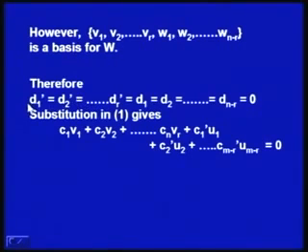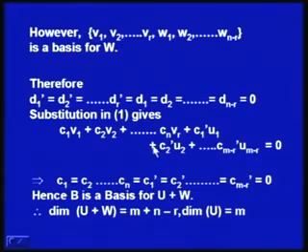However, v1, v2, vr, w1, w2, wn minus r is the basis for W, and therefore d1 dash, d2 dash, dr dash, d1, d2, dn minus r all have to be 0, and substitution in 1 gives c1 v1 plus c2 v2 plus c1 dash u1 plus c2 dash u2 plus cm minus r dash um minus r is equal to 0, and since this forms a basis for the set, then c1 is equal to c2 is equal to cn is equal to c1 dash is equal to c2 dash, and that means all coefficients are 0, and that means all the vectors are linearly independent, hence B is a basis